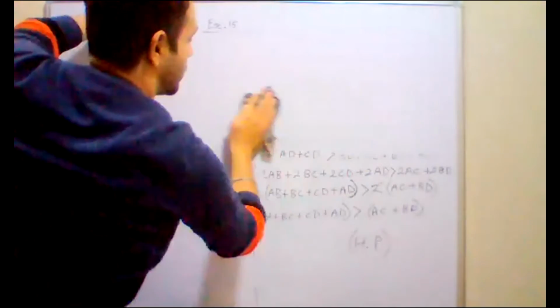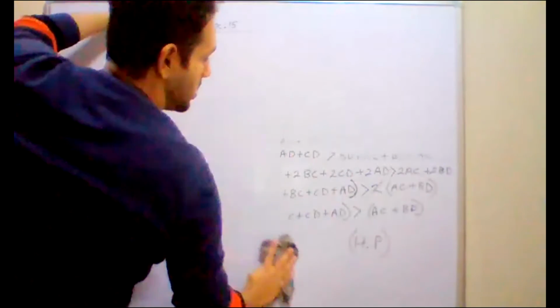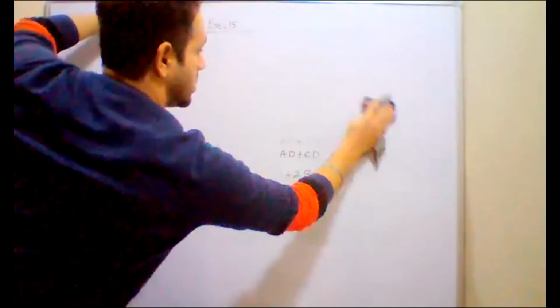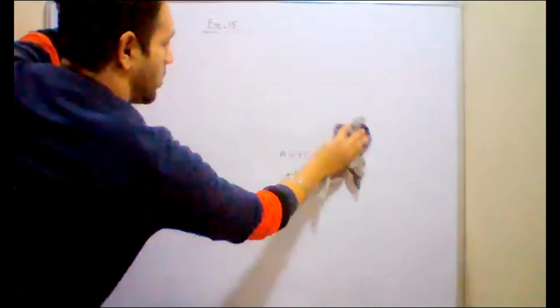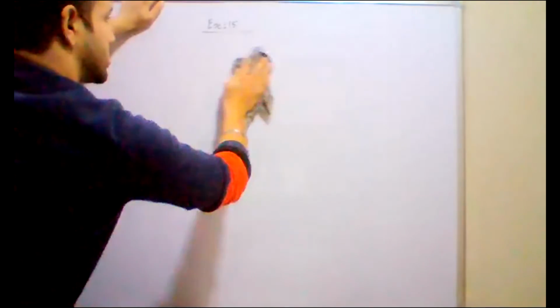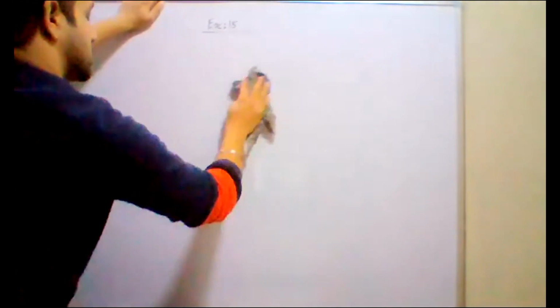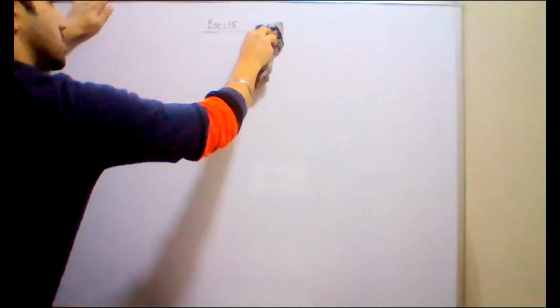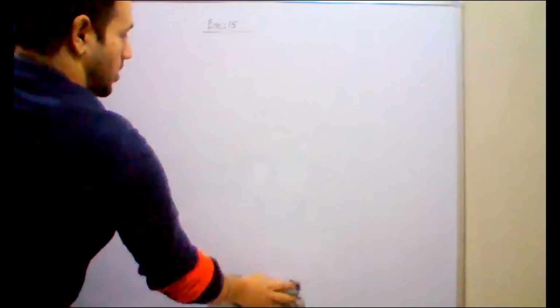No one posted it in the group. I asked you to post it in the group. Very irresponsible behavior of the students. I don't know what is the difference between you all and the students of section C. I am not able to understand the difference. You were also there in the same class. All the three sections were sitting. ऐसा तो है नहीं मैंने किसी और बच्चे से कुछ अलग तरीके से बात करी थी. सारे बच्चों से एक ही तरीके से बात करी थी मैंने. All the three sections were combined in one class. 7 ABC. सबको मैंने एक ही चीज पढ़ाई थी.